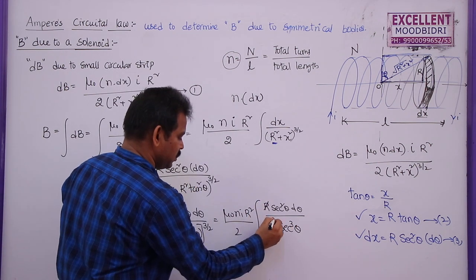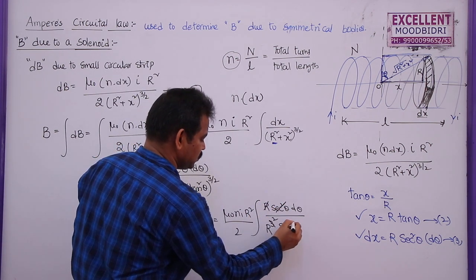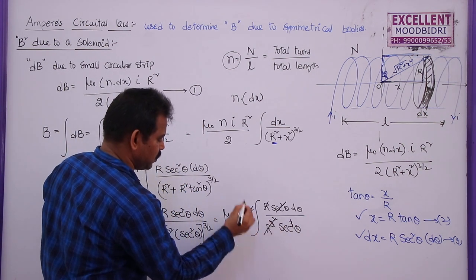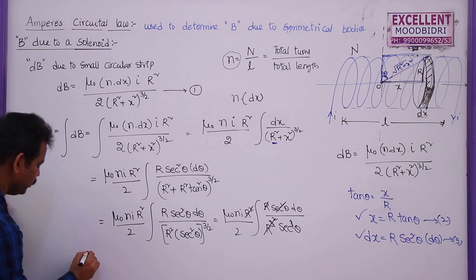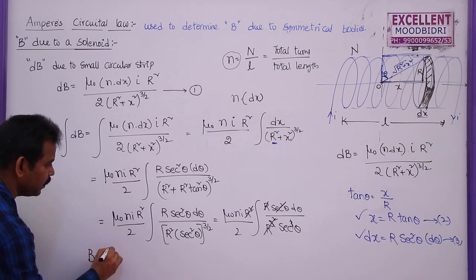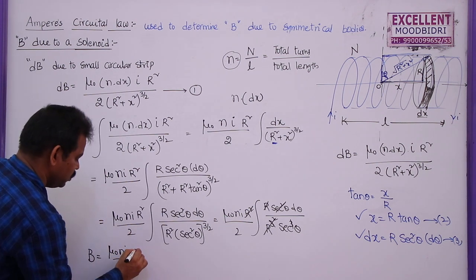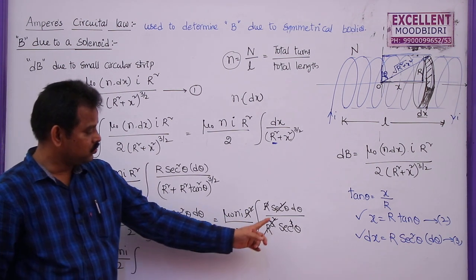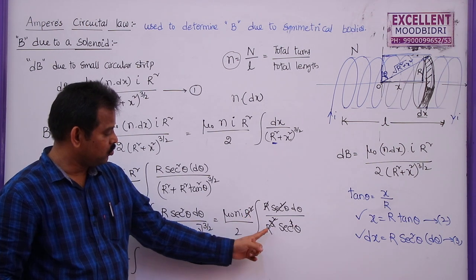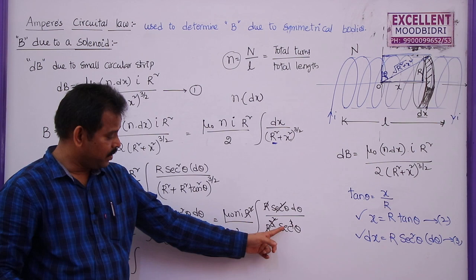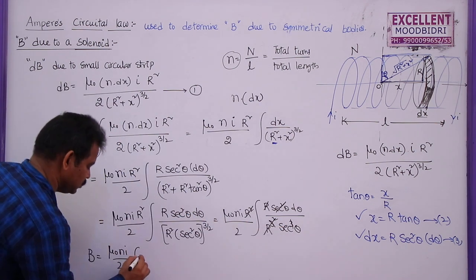So this r and r get cancelled, secant square and secant square, 1 will be cancelled there. So we have r square here, this r square also gets cancelled. The net magnetic field is given by mu naught n I by 2 integral of, you can see this one, this r square, r cube get cancelled, secant square, secant cube, we have only 1 by secant cube, which can be written as cos theta